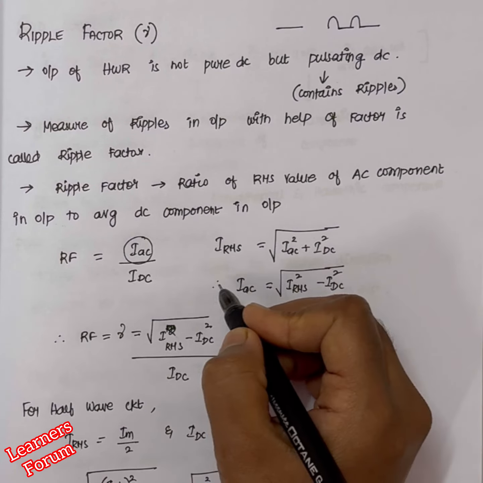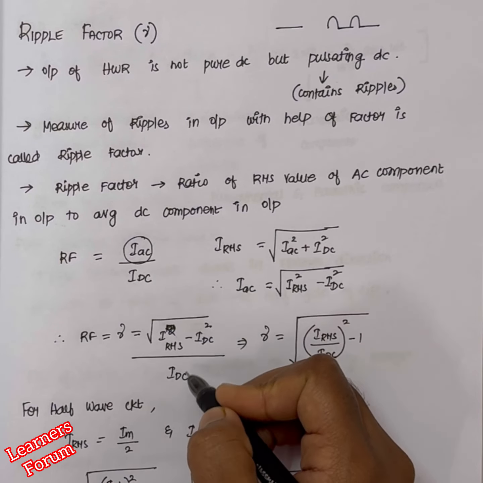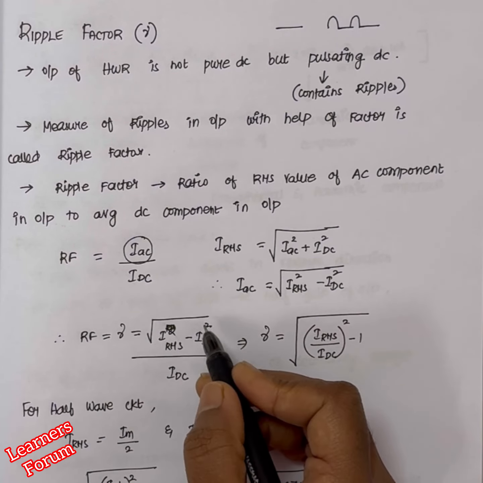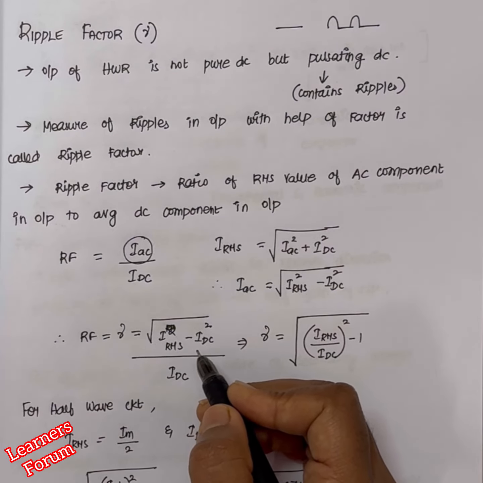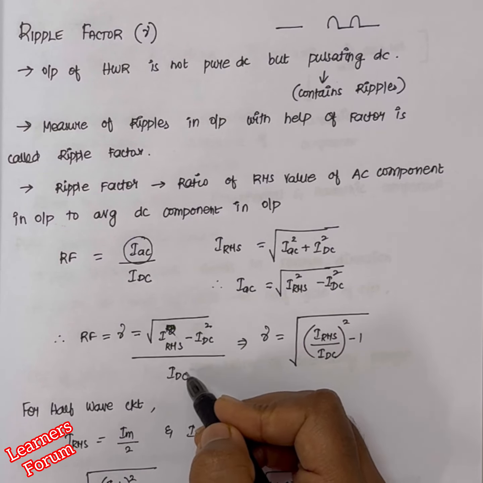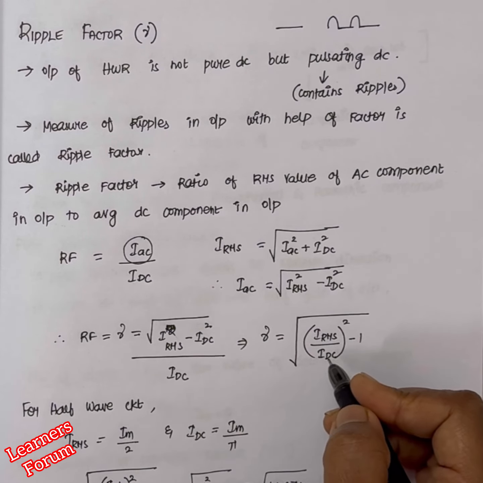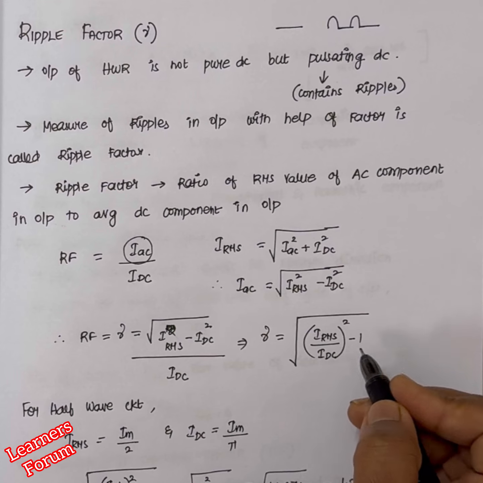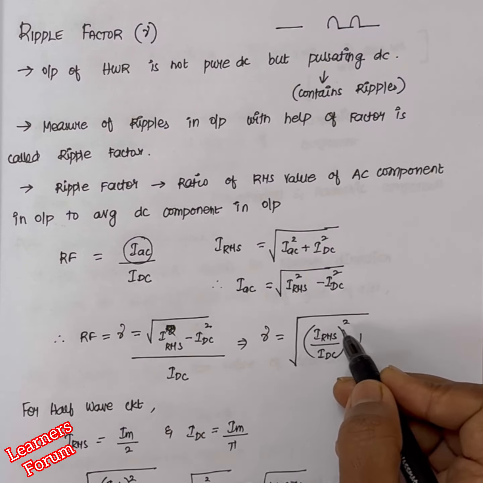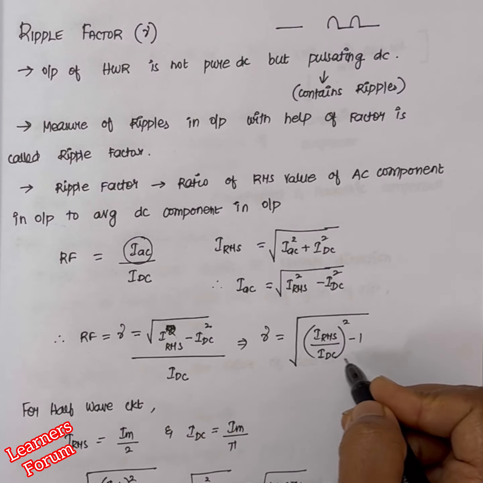We can substitute this value of IAC in our ripple factor equation, divided by the value of IDC. So this will be the ripple factor RF, that is gamma, which is equal to the square root of IRMS square minus IDC square, divided by IDC. So we have IDC both in the numerator and denominator. We can combine these two terms and make the ripple factor expression even more simplified. So we will get it as the square root of, IRMS by IDC the whole square, minus 1. So this is the equation for a general ripple factor calculation, and this is the equation for a general